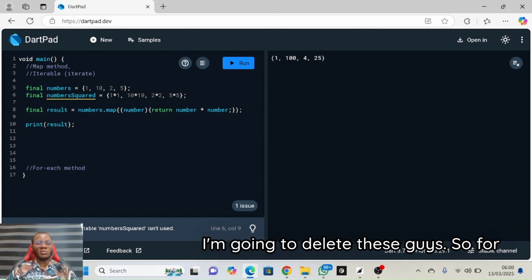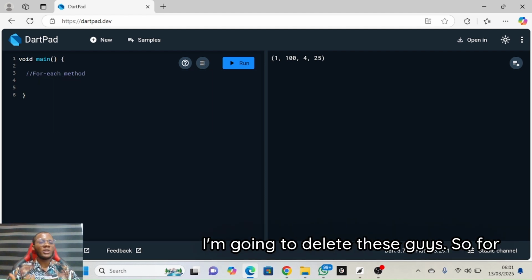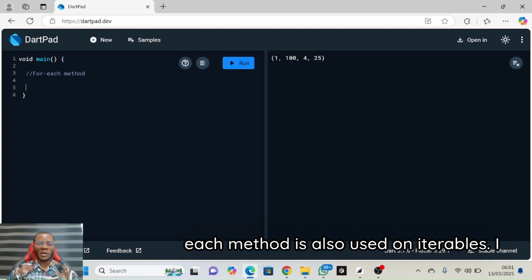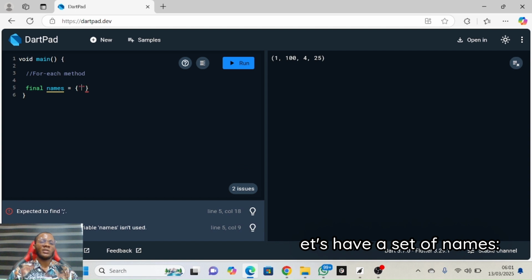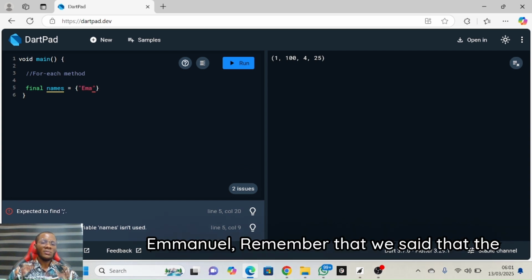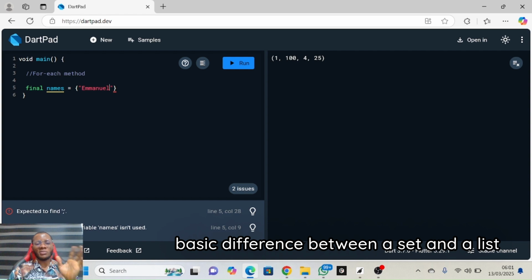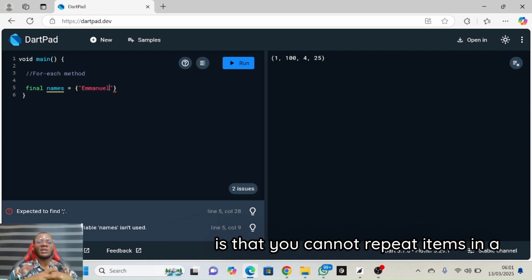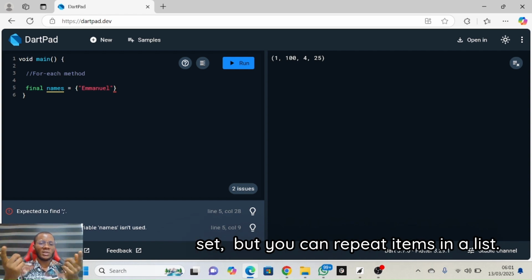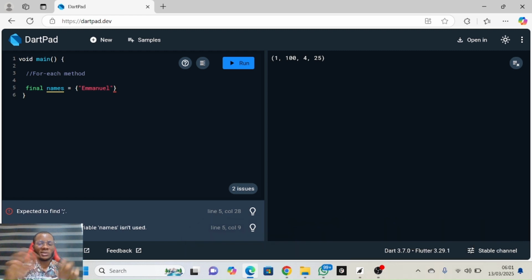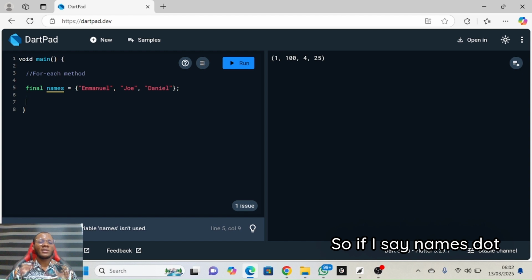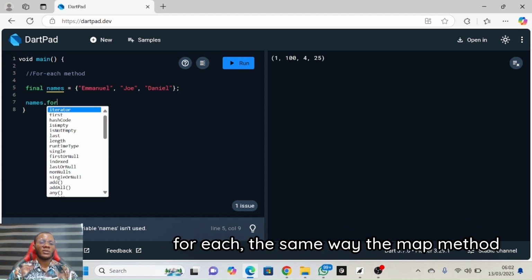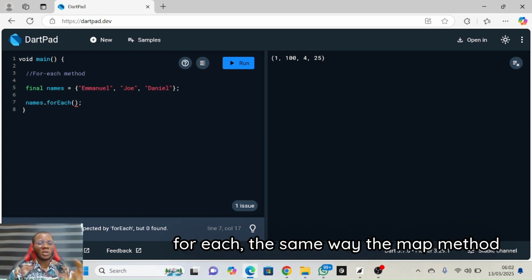What I'm just going to do is delete these guys. So the forEach method is also used on iterables. I can still say final names is equal to, let's have a set of names, Emmanuel. Remember that we said that the basic difference between a set and a list is that you cannot repeat items in a set, but you can repeat items in a list. So Emmanuel, Joe, Daniel. So if I say names dot forEach,